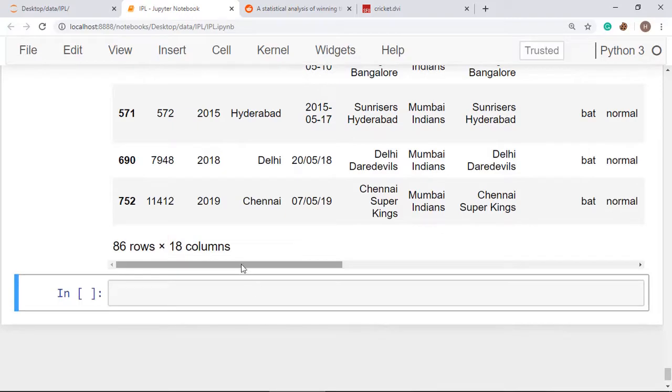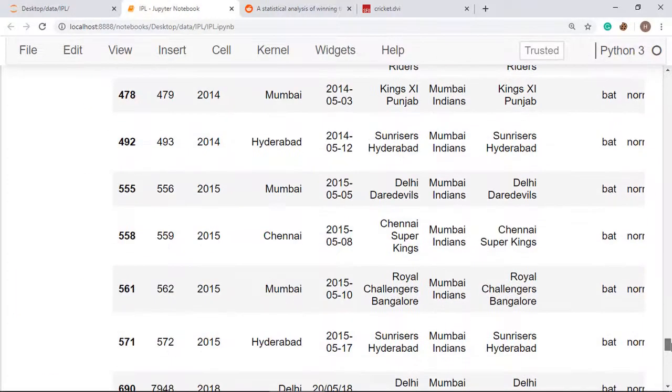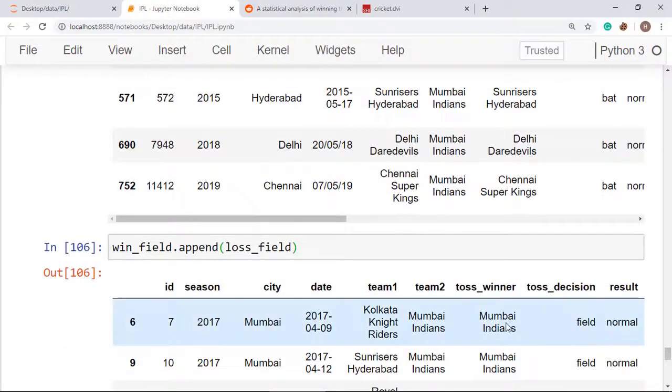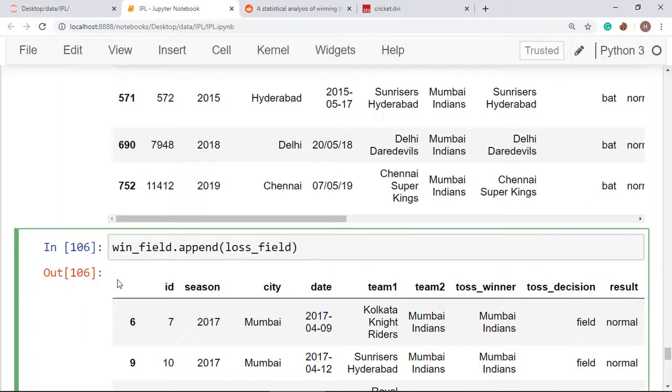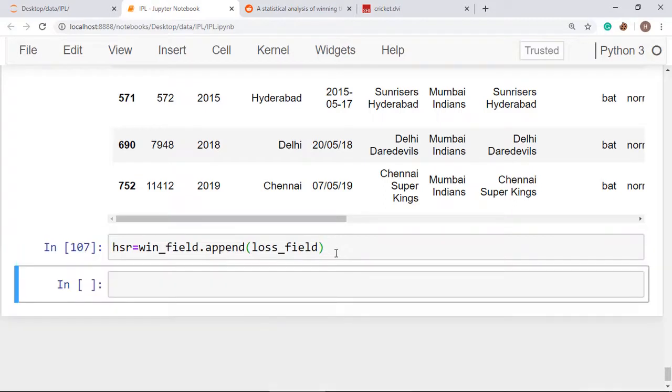So here we have got a data set where we have found that Mumbai Indians has batted in the second inning. So store it in a new data frame. Let's assume it as HSR and store this data frame into this. Now you can see that HSR is a data frame